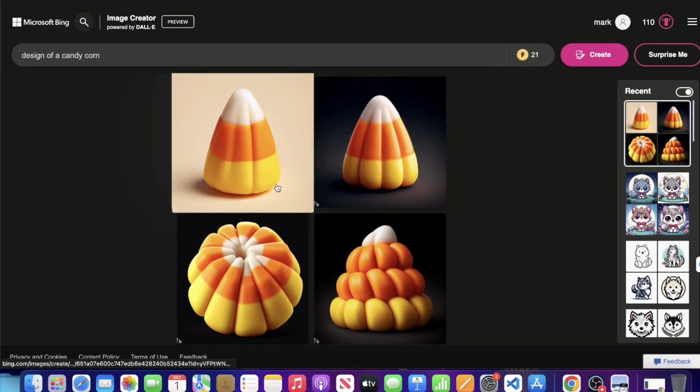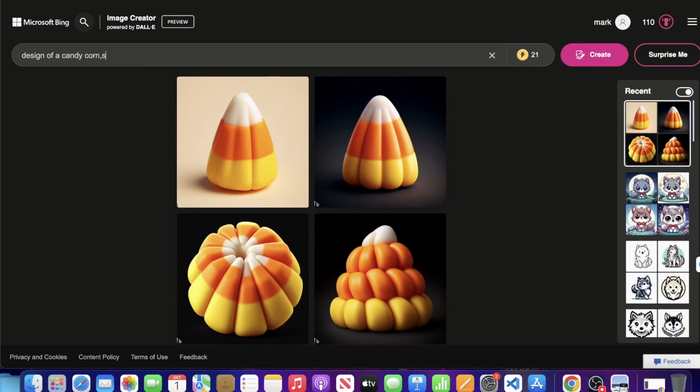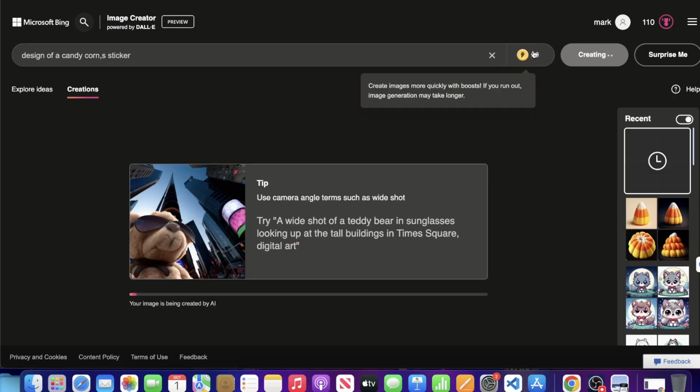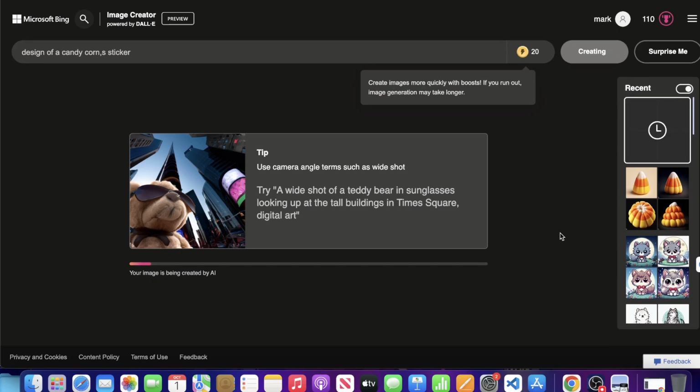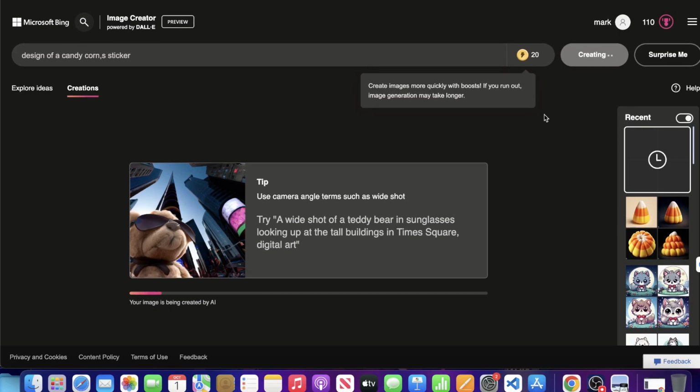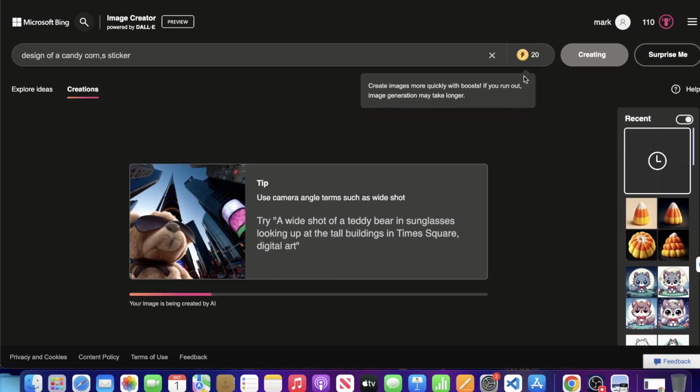Candy corn. This is pretty cool. I should have written sticker here. Sticker, just like this. Let's hit create. Man, I messed up the spelling. Let's just boost this one because I don't feel like waiting. I already messed up the spelling. Didn't I click boost? Or am I losing my mind? Yeah, I have no idea. I clicked boost twice now. I have no idea. But anyways, let's get rid of this and let's type in